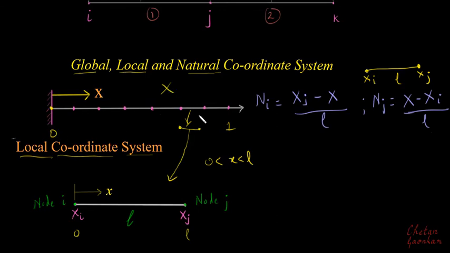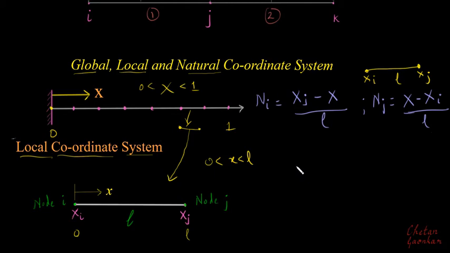Suppose our domain goes from 0 to 1, or whatever the domain is. But in the case of the local coordinate system, this small x will vary over the length of this element, so it will be from 0 to L. Now the relation between the global and the local coordinate system